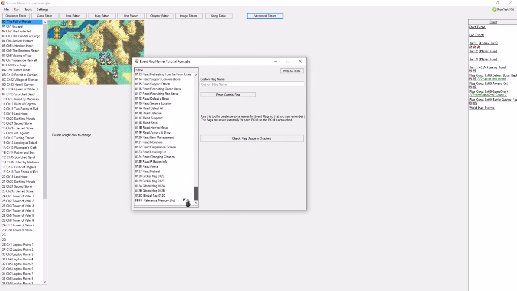Let's say we take global flag 012B, which is the exact same flag I took for the Fire Emblem The Prophecy of Flames. What you can do, for example, is say, perhaps I will turn this flag on, and if I turn this flag on,